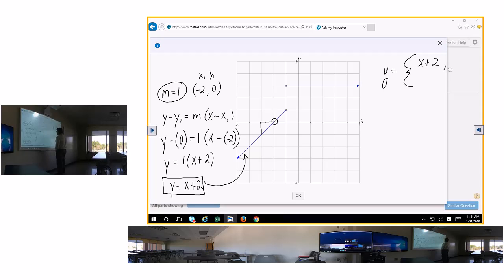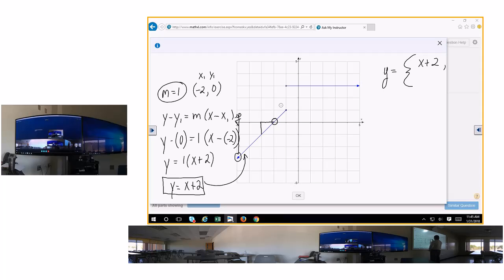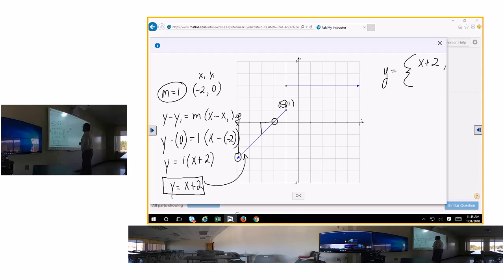And we'll put the domain here in just a minute. Well, the domain is from negative infinity, because that relates to that right there, from negative infinity to, what's this number x right here? This is -1 and +1, but we only need the x value since it is the domain. So from negative infinity to -1, and you include -1 because that's a closed circle. So from negative infinity, comma -1,